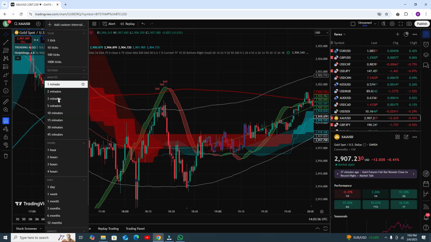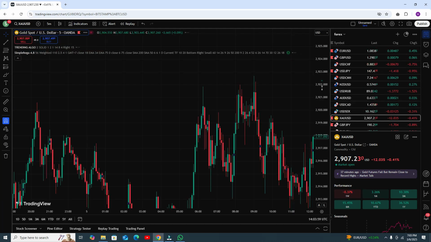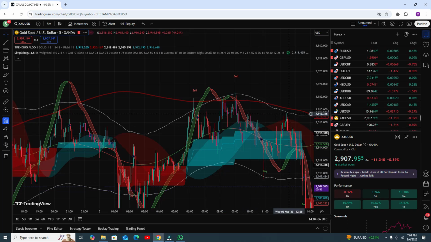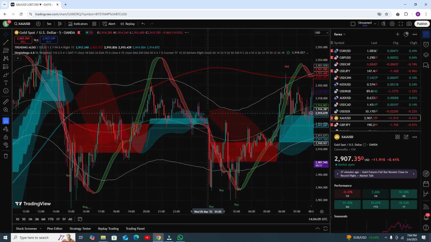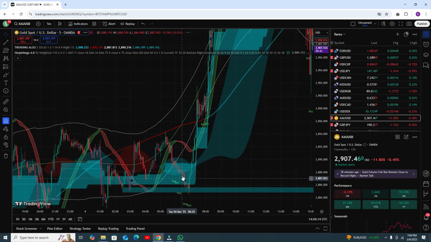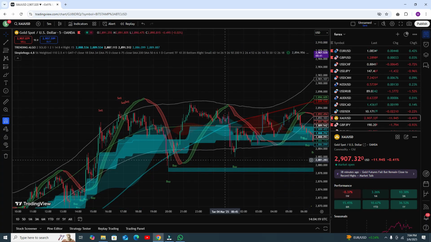Now let's see the 5 minute time frame. Strong buy condition, this is actually the weak signal. And you can see you got the profit here. Let's see some more conditions here. This is a strong buy condition and you can see you got some good profit here. That one is a strong buy signal. The clouds are blue and this trend line is also blue, so that is a strong buy condition and you can target it.